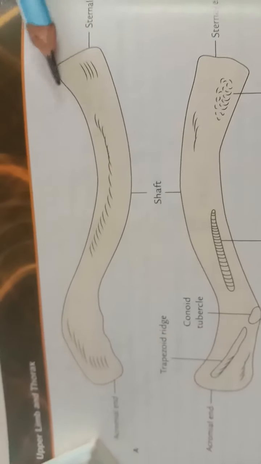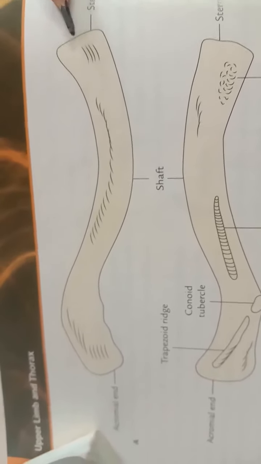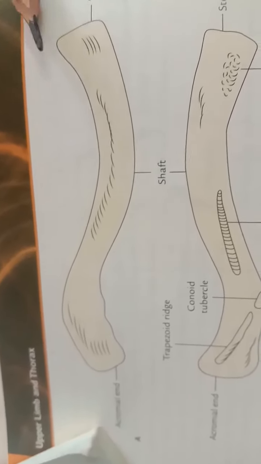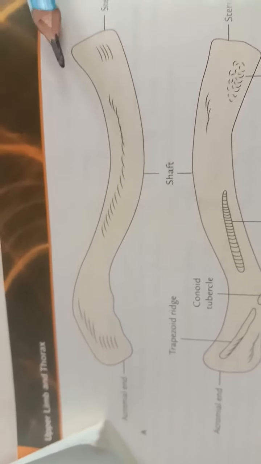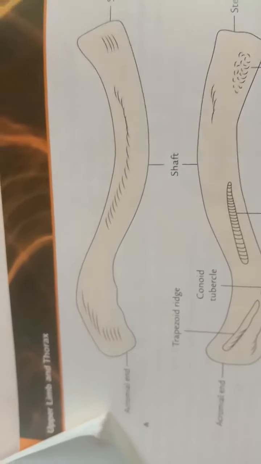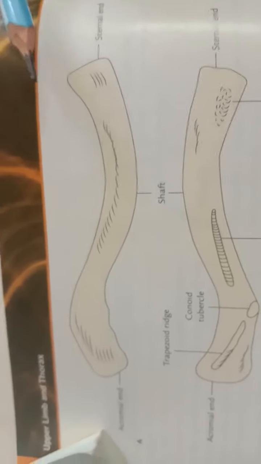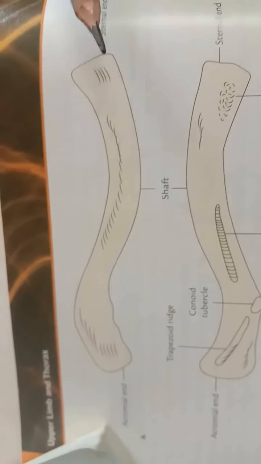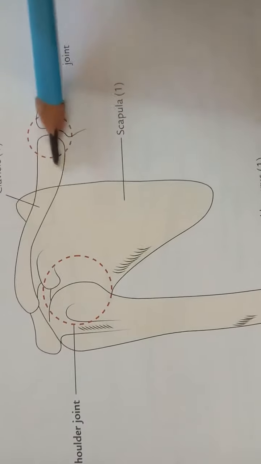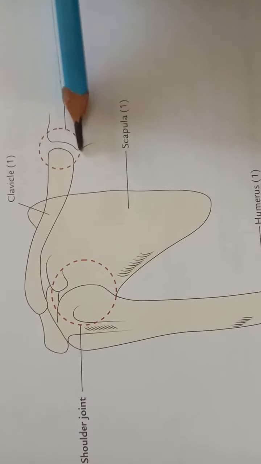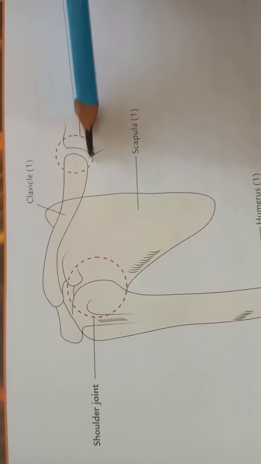So the medial end, also called the sternal end, is quadrangular in shape, and it articulates with the clavicular notch of the manubrium sterni to form the sternoclavicular joint. The articular surface extends to the inferior aspect for the articulation with the first costal cartilage. Here in this diagram you can see the medial end joins with the sternum to form the sternoclavicular joint.